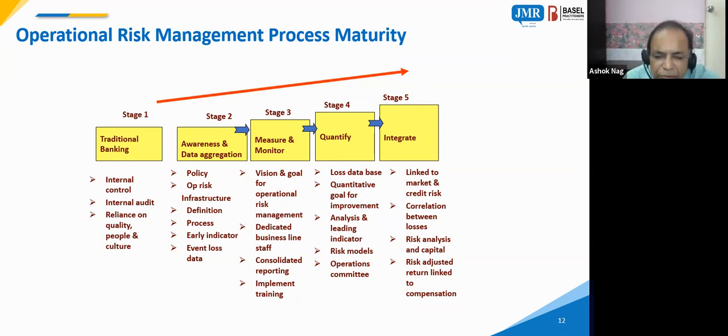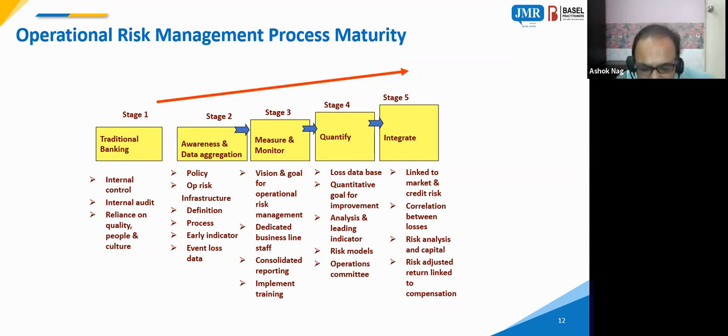I remember that when we were discussing operational risk implementation with the general manager of Indian Bank, he told us: what makes you believe that at the branch level, where the operations are happening, they will actually report an operational risk event to the head office? In what way is it possible to have operational risk events generated in an automated way? I think it's not possible.